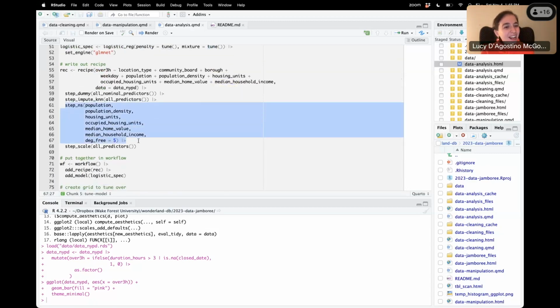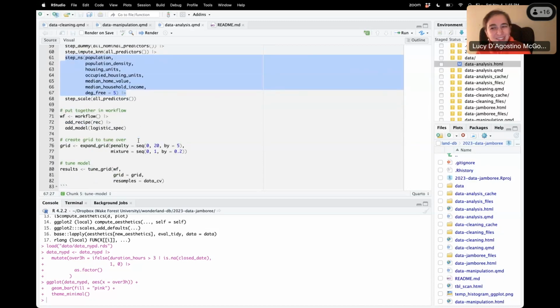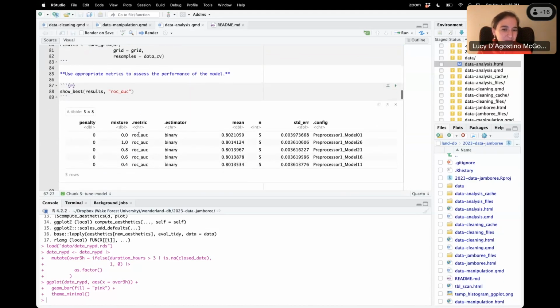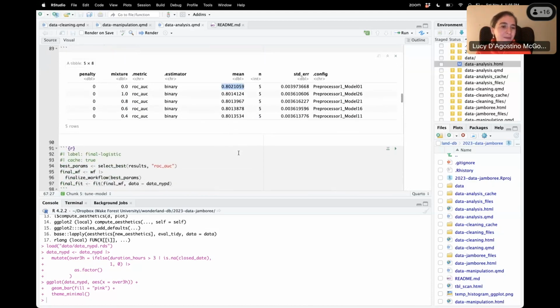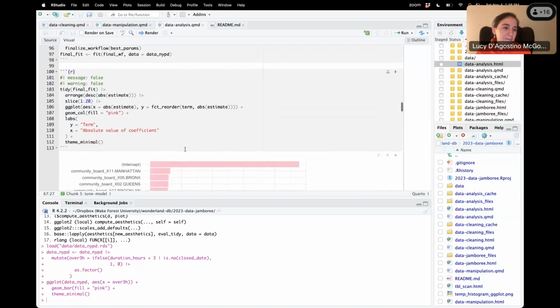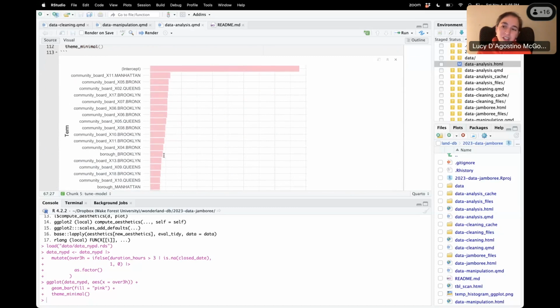Notably, I had a lot of natural splines. I put all of my continuous variables in as splines, which I think did improve things. My logistic didn't look quite as bad as some of the others that have come out, but random forest did outperform it. And then I went ahead and ran this model. You can see the AUC here was 0.8, so not so bad, but some of the other metrics were not as impressive.